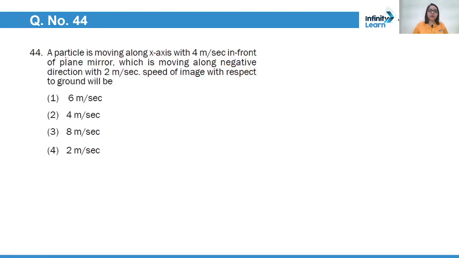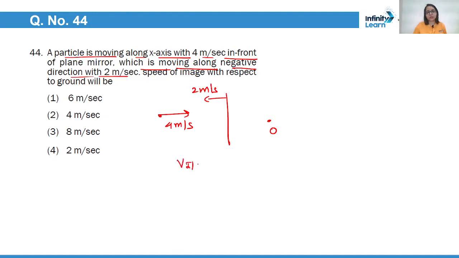Question number 44. A particle is moving along the x-axis with 4 meters per second in front of a plane mirror, which is moving along the negative direction with 2 meters per second. So this is the particle with 4 meters per second, and the mirror is moving like this with 2 meters per second, and this will be the object. What is the speed of the image with respect to the ground? So the speed of image with respect to ground is